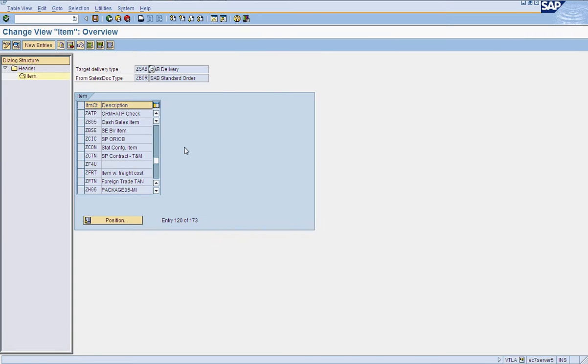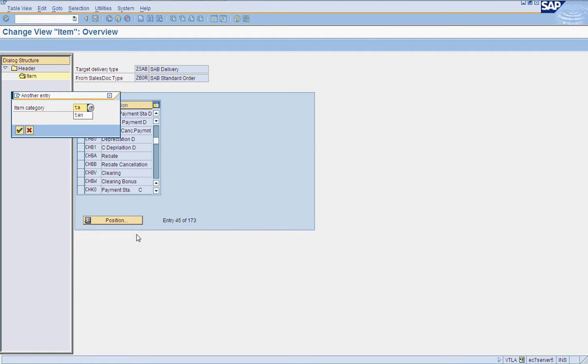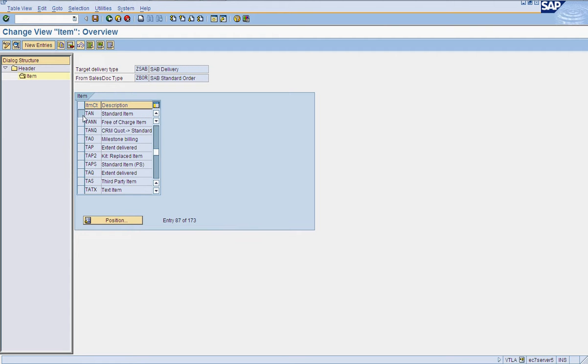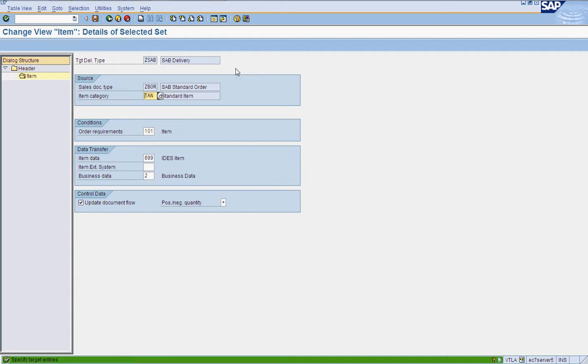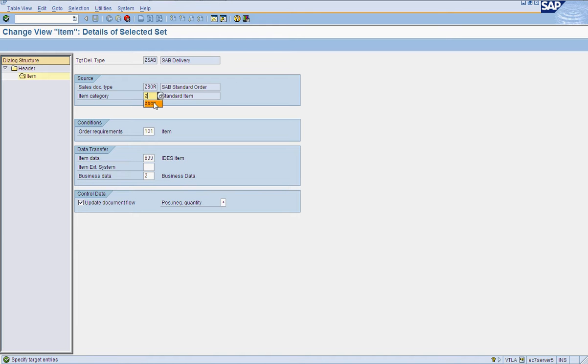Now we do not find our item category here, so we have to create a new entry in this table. So we'll be using tan again as a reference and copying it here. So item category we would be using is ZBOR.